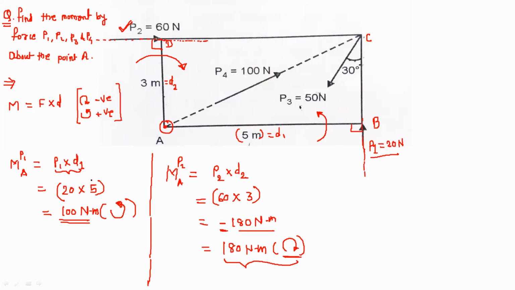Is it clear to you? First two examples, P1 and P2. These two cases for P1 and P2 are just basic cases where the force is directly perpendicular. For the remaining two cases, the force is not directly perpendicular to the point A. So if you have written this, then I will erase and then I will start with P3.